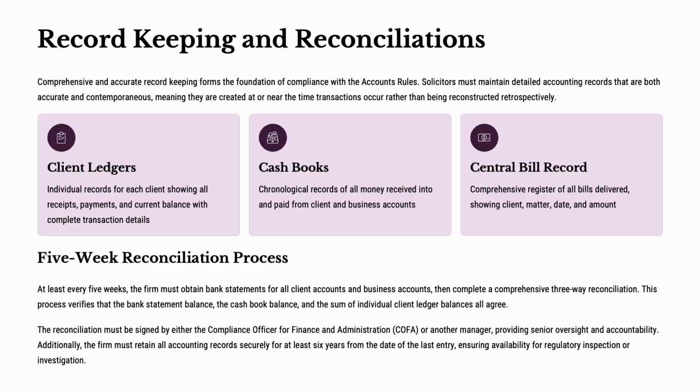Just look into each account and match it with everything, comparing their books with bank statements and verifying the totals at that point. And those should be even, not at odds. These reconciliations must be signed off by the COFA or a manager. So think of this as the legal version of balancing your personal bank account, except with much higher consequences if